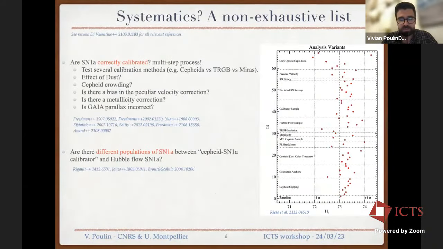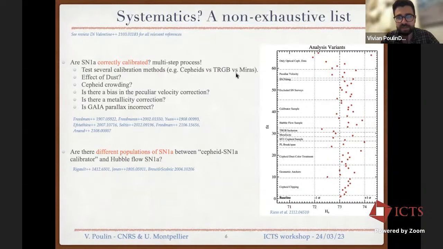So what are the sort of systematics that could be applied? I am certainly not an expert of this measurement, so I am not going to go into many details, but of course, this is a very important question that SH0ES and other collaborations are taking very seriously. There could be issues in the Cepheid calibration. For instance, simply the period luminosity relations may not be the same for all the Cepheids, or there may be issues in how we have calibrated this.